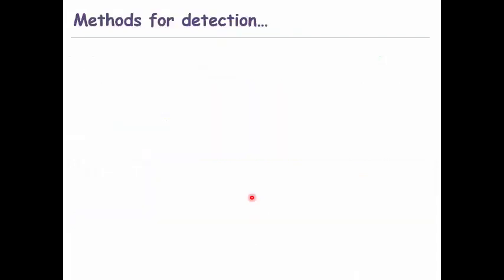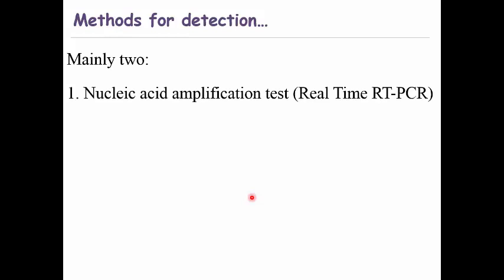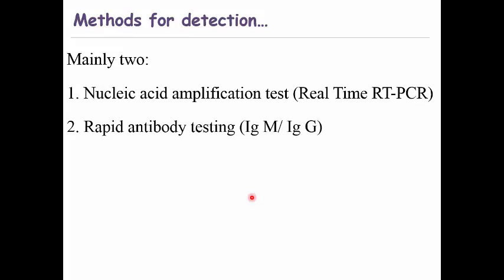So coming to our topic, that is the different methods for the detection of coronavirus. Recently there are mainly two methods. One is the nucleic acid amplification test, in common terminology known as real-time RT-PCR, and the second is rapid testing, known as rapid antibody testing, which detects IgM and IgG. This is the antibody detection technique, whereas the other one is the antigen detection technique. So starting with the first one,